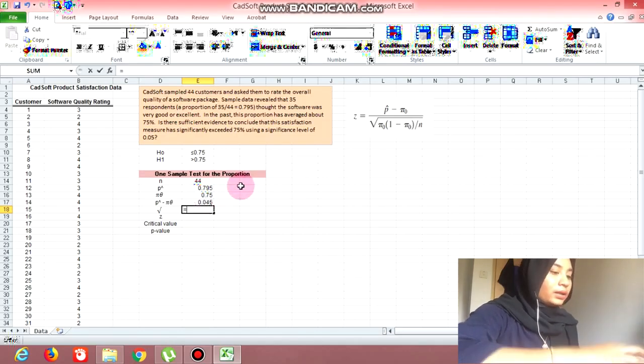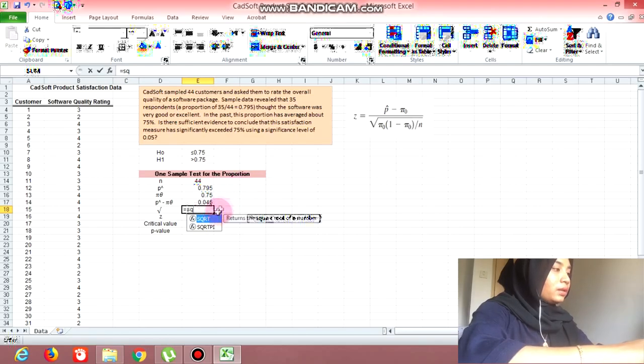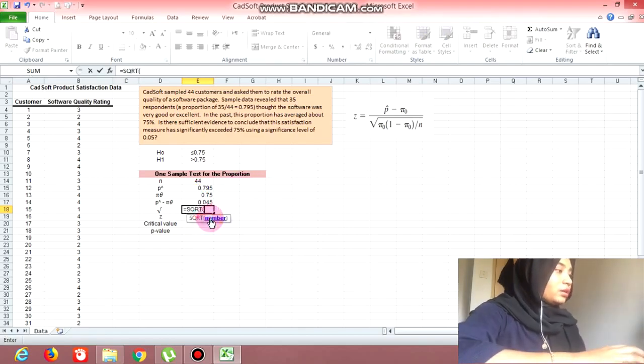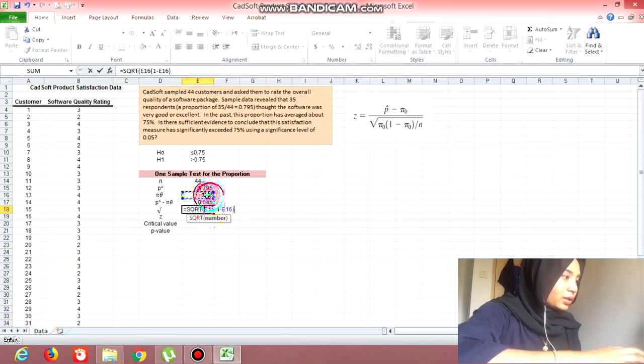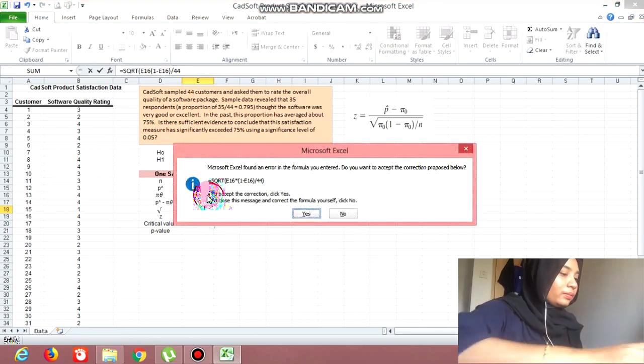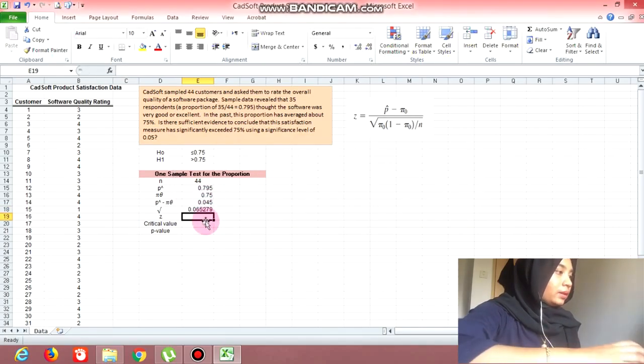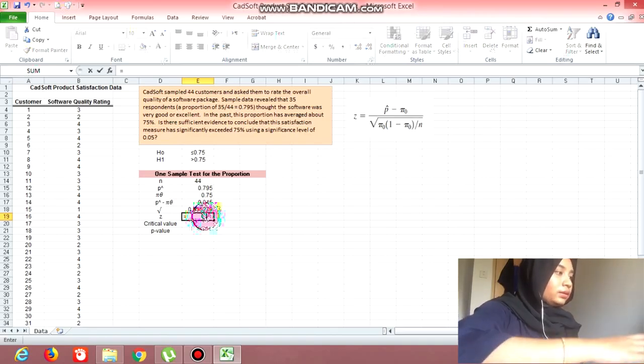And then the denominator, we are using the Excel function SQRT to find the square root of the H0, and then open bracket 1 minus the H0, close the bracket, divided by N, 44. Okay, that is 0.065. And then calculate the test statistic. Put in the formula,